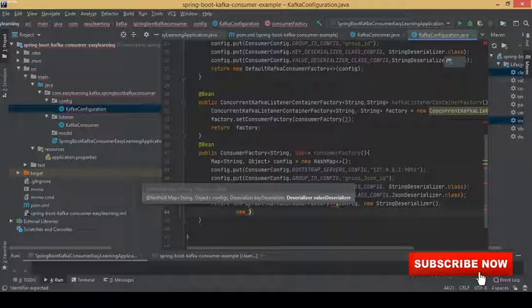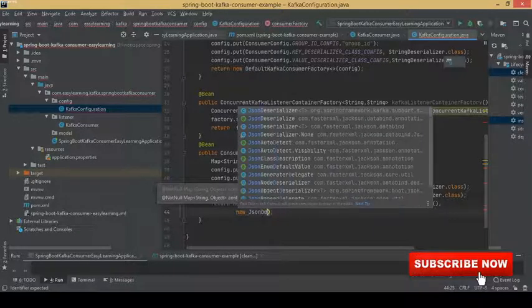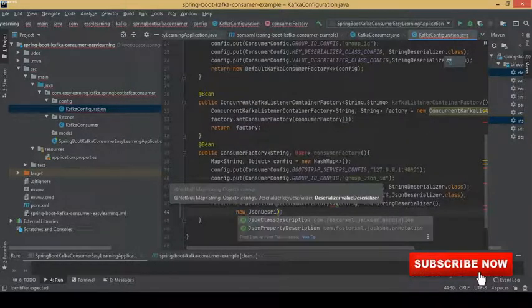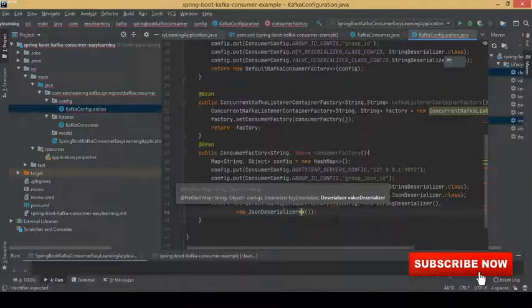In this case my value is the User model, so we need to take it as a JSON deserializer, and that comes from the org Spring framework.